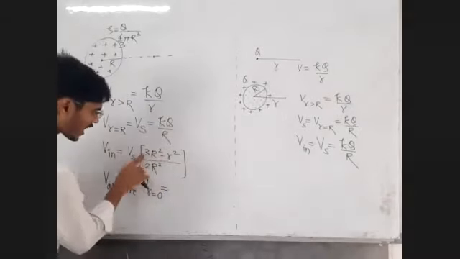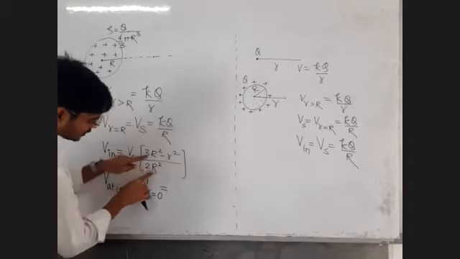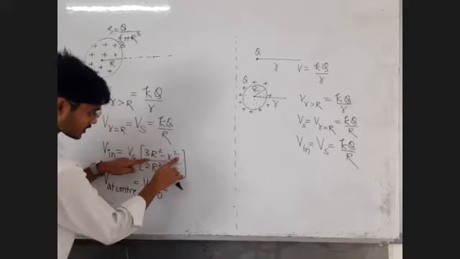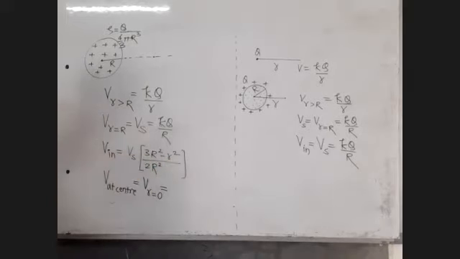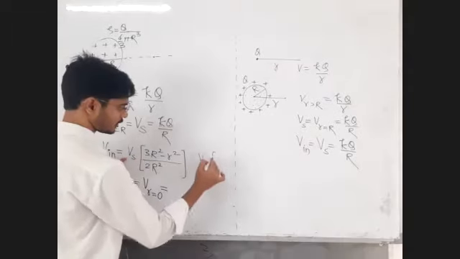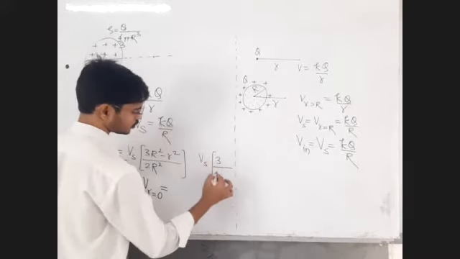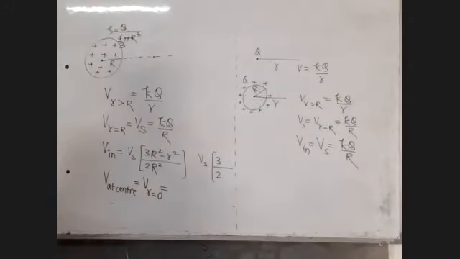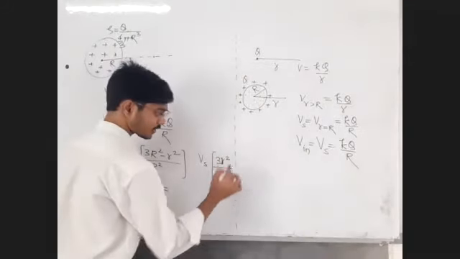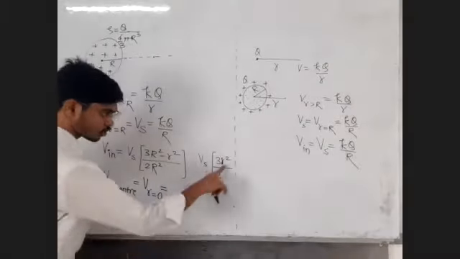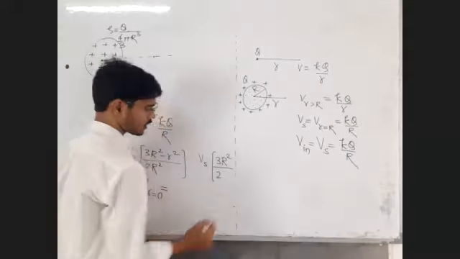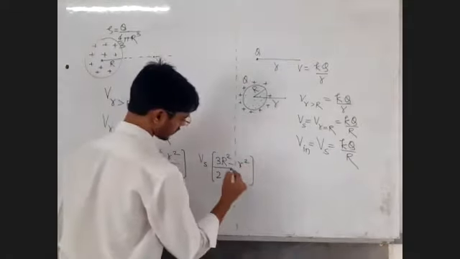Now for that I have to write the formula in such a way that when I put r equal to 0, the r square term gets cancelled and what remains is 3/2. So first of all, after writing Vs, I do the arrangement of 3/2. Then I write r squares. But if I write here small r square and put small r value 0 there, I will not get the 3/2 value. So here I must write capital R square and the remaining one is small r square. This is the trick how I remember it.